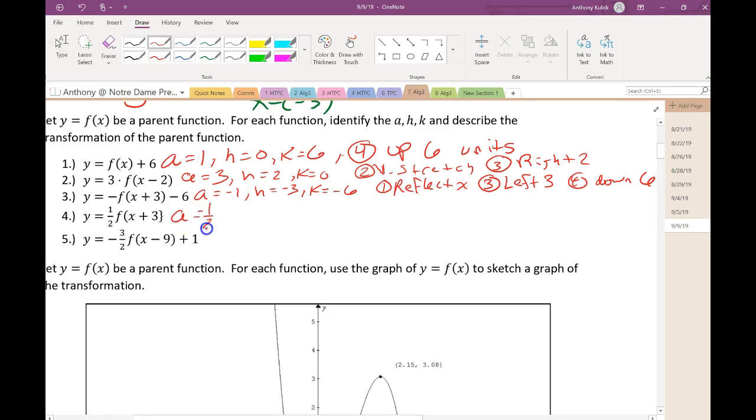Next up, here A is 1/2, H is -3, K is 0. So since the A is positive, step 1, we don't do anything. Step 2, since the absolute value of A is less than 1, we have a vertical shrink. And since the H is negative, we're going to go left. And since it's -3, we'll go 3 units. And then nothing happens for 4 because the K is 0. And then our last one,